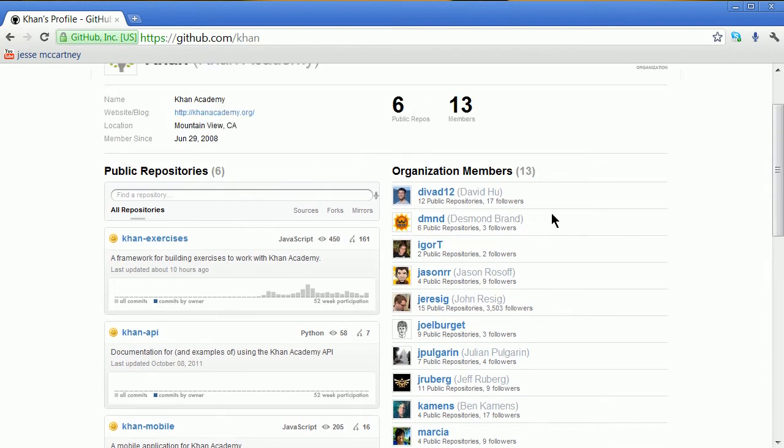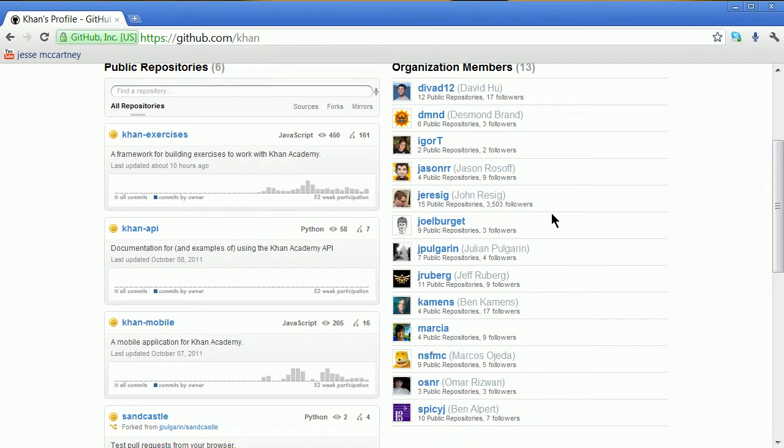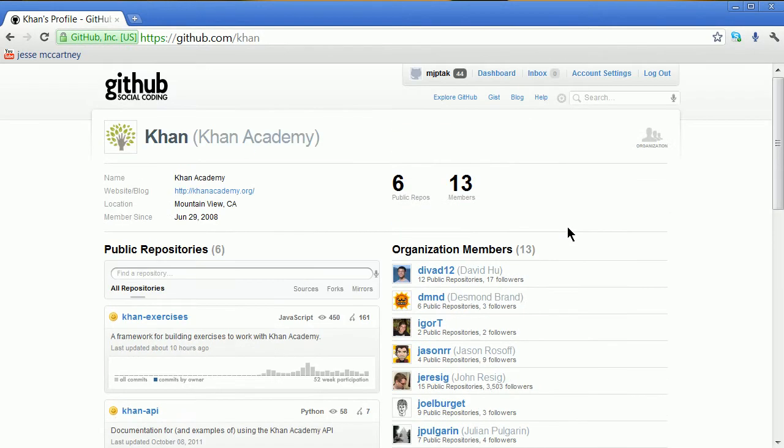But they have spent time, particularly John Resig and I think Ben Kamens, making this so you don't have to be a wizard programmer to make some of these exercises. So that's what it looks like. The other place I'll show you real quick is where they hang out: the search words are HipChat and Khan, and you'll see the room in which they're basically working, a virtual chat room.